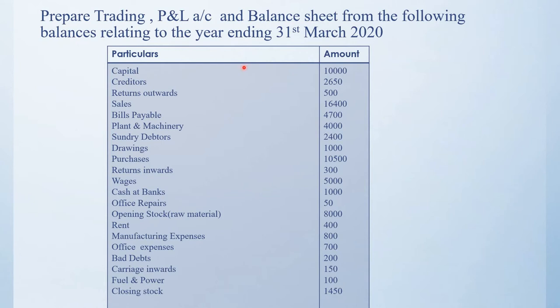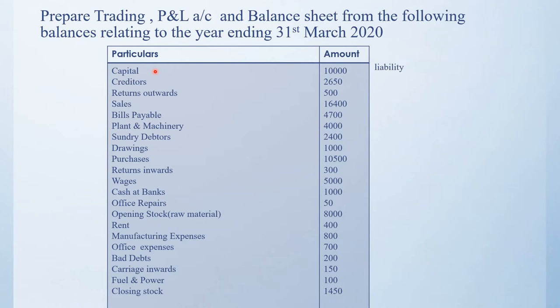So first we identify which account each item belongs to. First we have the capital. We already know capital is the owner's investment. The business wants to repay that amount to the owner in the future, so the repayment is taking place in the capital. So we can consider it as a liability.